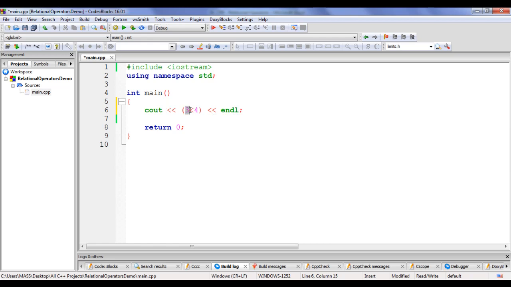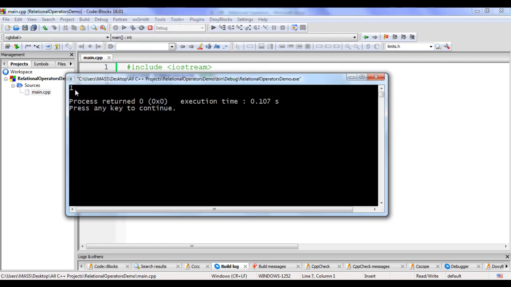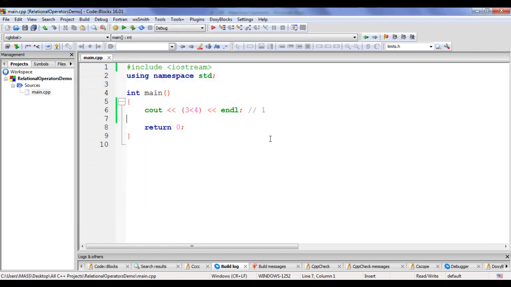Of course, 3 less than 4 is true, so 3 less than 4 returns 1, guys. Cout displays that 1 in the console window and endl moves the cursor to the next line. If I say build and run, you can see that 1 is displayed in the console window. I hit enter to close the console window.